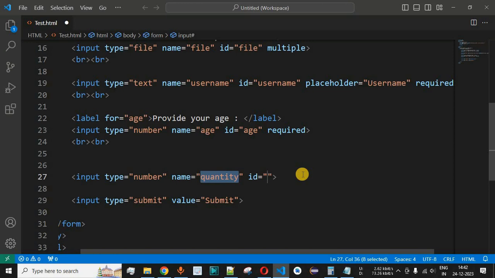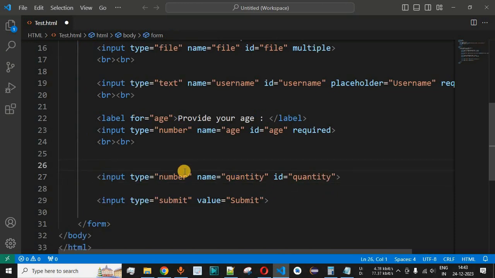It will be feasible for an e-commerce website to have the text box to provide the quantity so that the user can order a particular item, and based on the quantity it can be delivered to the user. So we will keep the name value as quantity and the ID value as quantity as well, and then for the label, for the for attribute we will say quantity as the value, and then we will say select quantity.